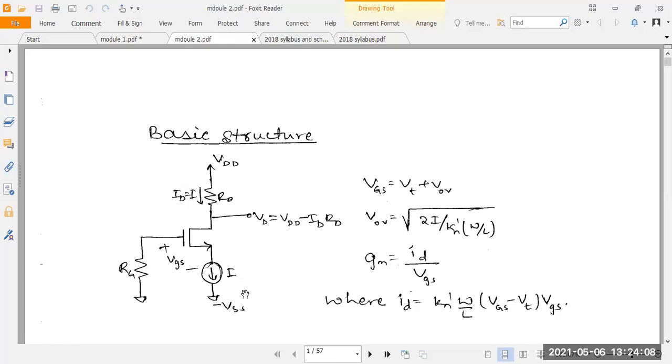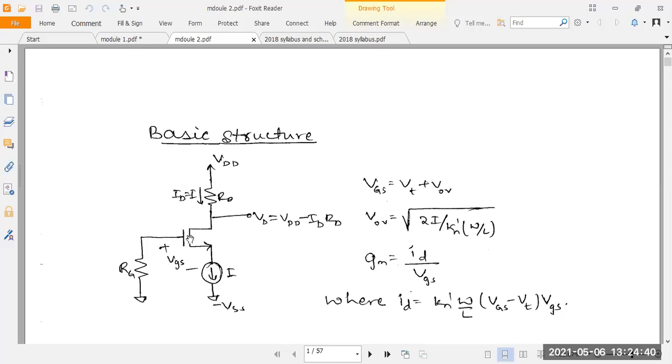See the voltage source here. Minus VSS is connected to the source through the current source here. On the source side we are maintaining the negative current, the negative maximum current. Current source means it's a saturation current. So for the source side, we are maintaining negative saturation current by using the current source. But our voltage here is negative, that is minus VSS.